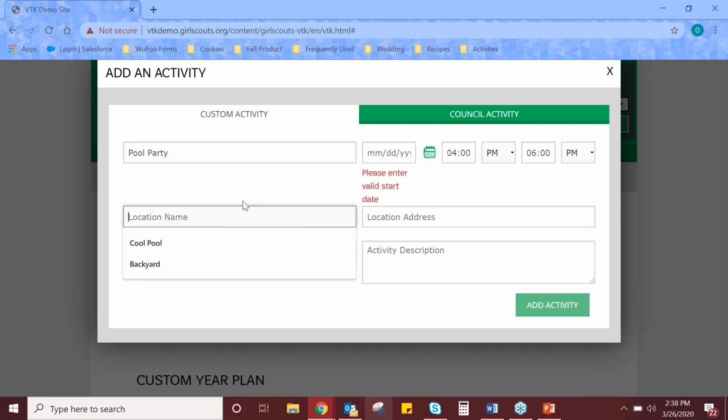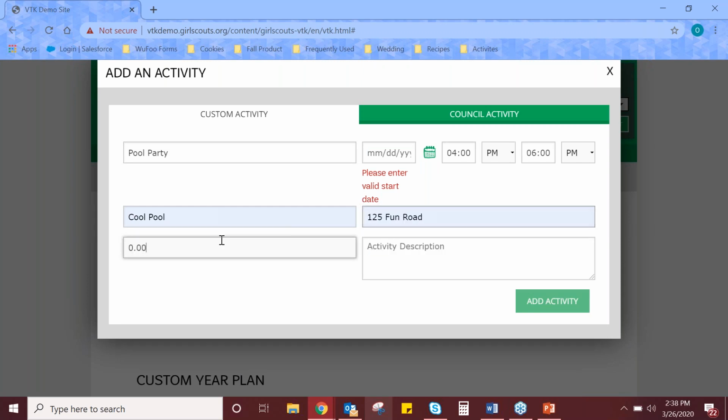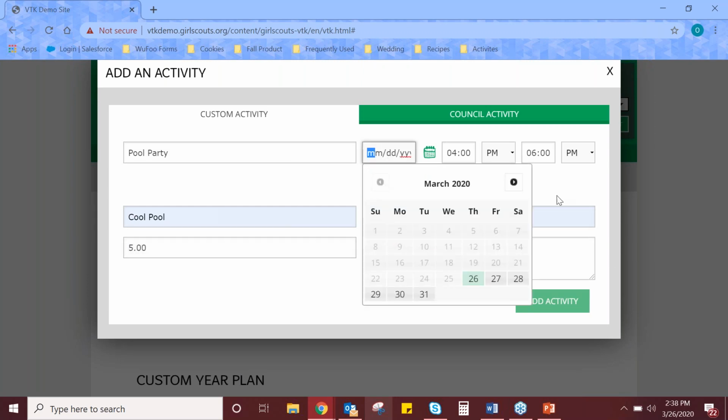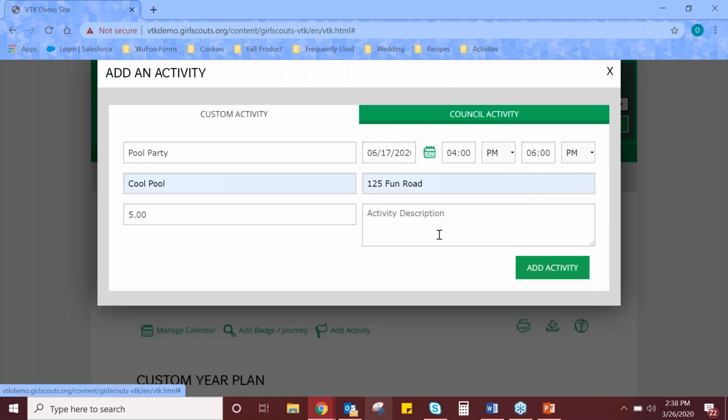And then we will do, you can add all the locations, you can put down the cost for it, which is really nice. And then all the parents should have this information as well. You can set the date, so we'll set it for a warmer month. And then in the activity description, you can say something like, please bring your own lunch,